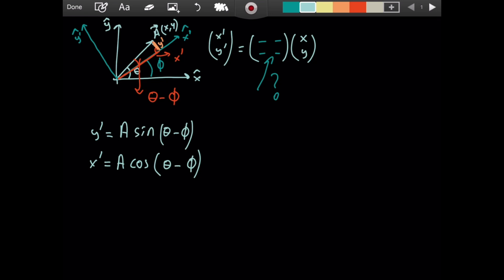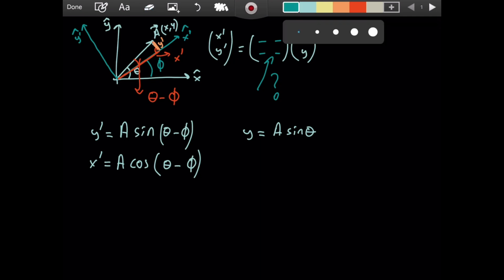And, well, okay, we got this. And we also want to find the old coordinates as well in terms of the angles and the magnitude, because we are trying to relate the old ones and the new ones. We need expressions for both then. What is y? Y is going to be A sine of theta, and I hope the drawing isn't very confusing, but this is the y component, the initial y component, and that is opposite if we are considering angle theta. And then x is going to be